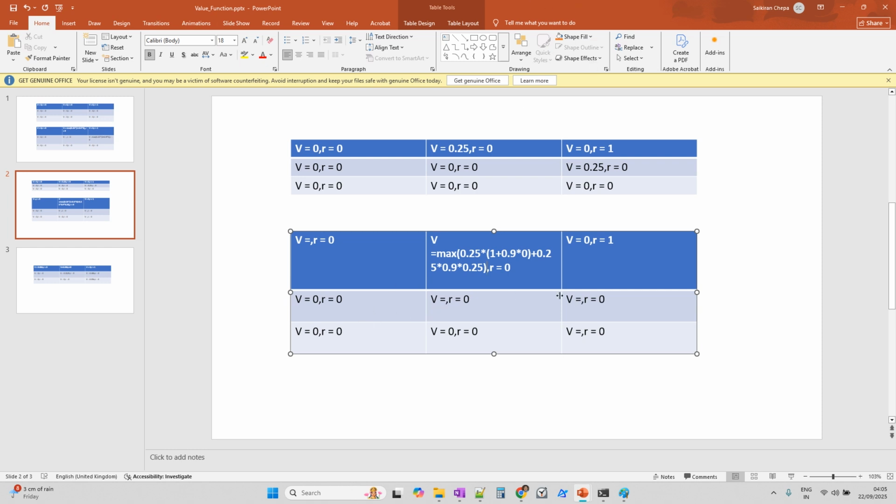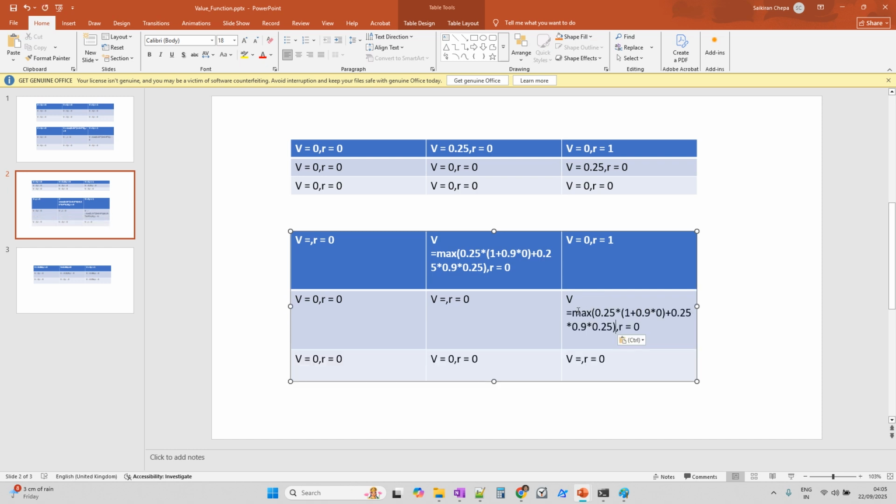Next we will calculate this one. This one also will be the same thing. So any direction you go, the same value will come. That's the reason why we are not calculating the remaining directions. So this one also is the same thing. So for this, if you see here, max